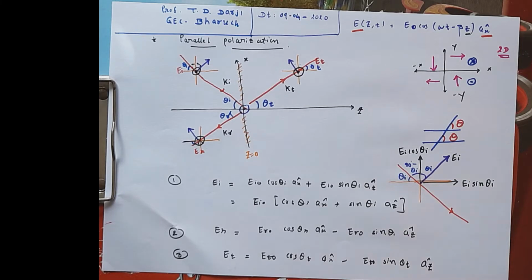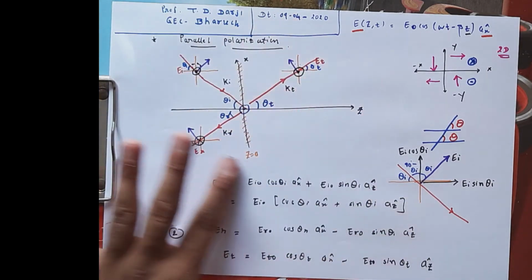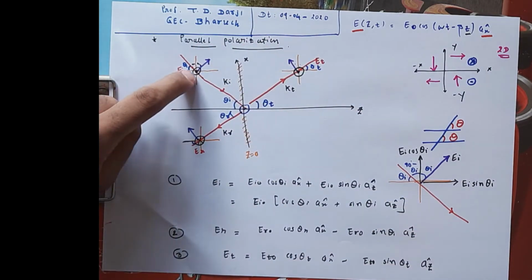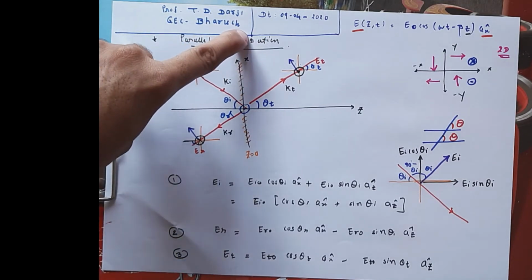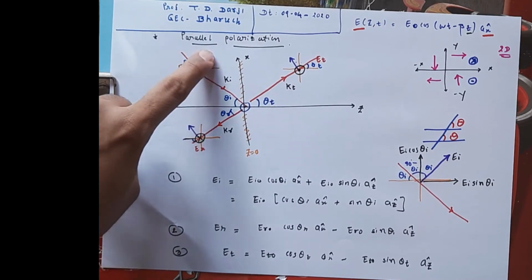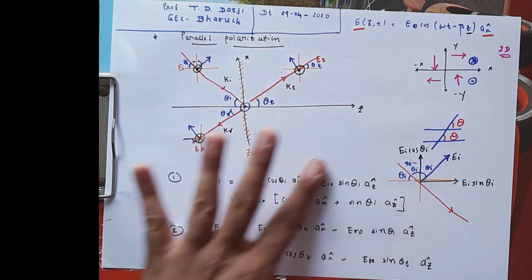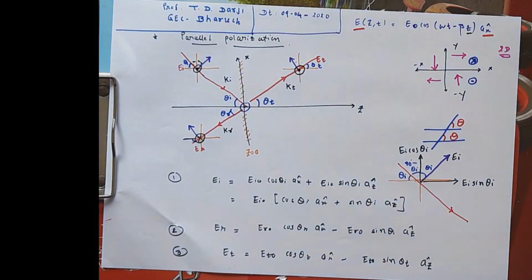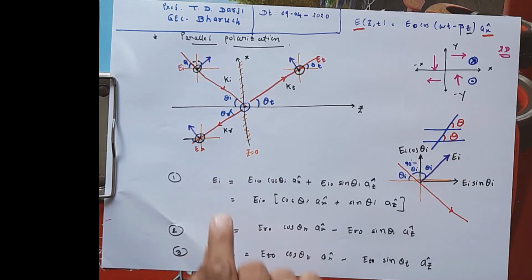Okay, so this is known as parallel polarization. Parallel polarization means the electric field is parallel to my xz plane. What about the magnetic field? The magnetic field is perpendicular. But actually the polarization depends on the electric field. So parallel polarization means the electric field is parallel; actually it is in any direction, but it is parallel to my xz plane. Clear? Now based on that, I have to write the equations for the incident magnetic field, reflected magnetic field, and